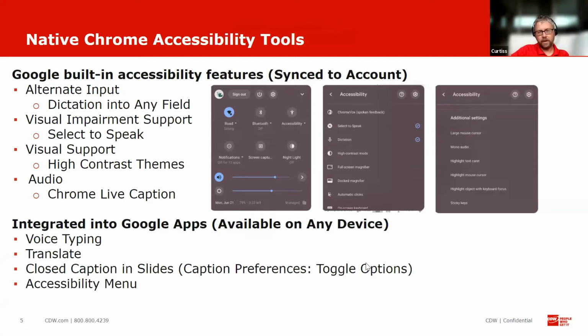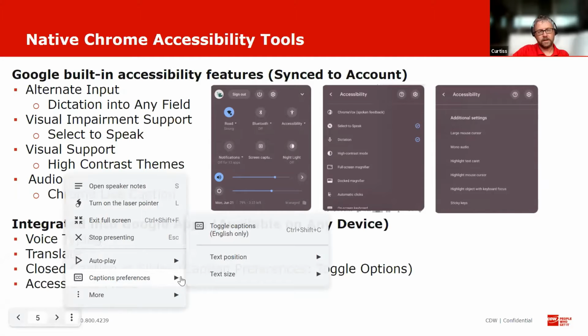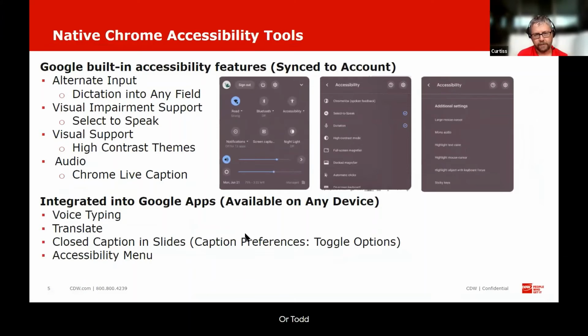What they've changed a little bit with slides recently was there used to be like a little bar down across the bottom that had a little CC on it, and that's how you chose it. Well, what they've done now is this little drop down menu with the 3 dots. So I click on that 3 dots, I come to caption preferences, you can see where I want to put it, and it lets me toggle on or toggle off. And as you can see right now, what I'm saying is at the bottom of the screen, which is nice